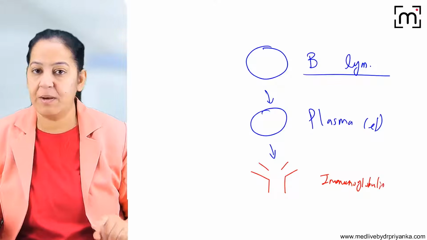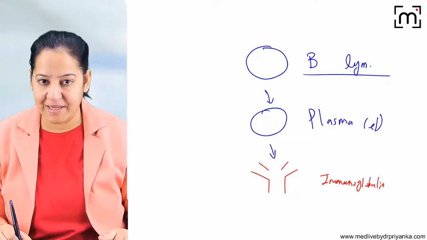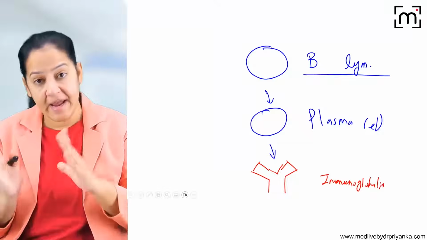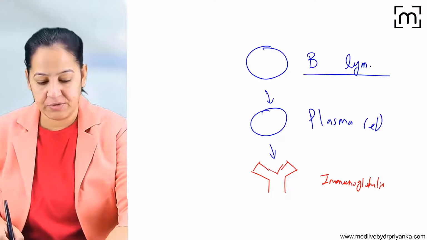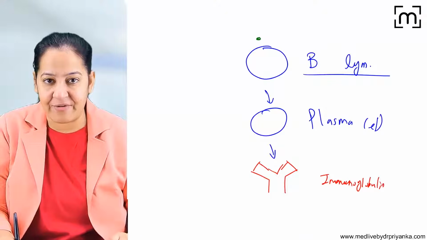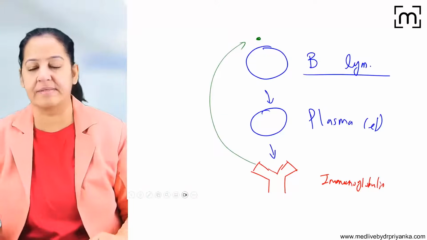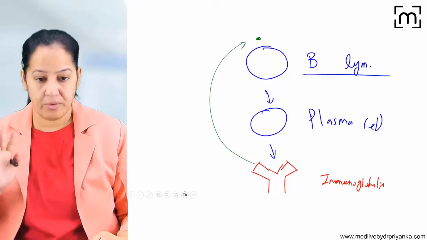This is the immunoglobulin, and this will bind with the antigen. So this is the antibody, the immunoglobulin having 2 light chains and 2 heavy chains. It will go and bind with the antigen when the antigen is entering, and destroy the antigen. Phagocytosis occurs, so opsonization occurs. This is how things take place.